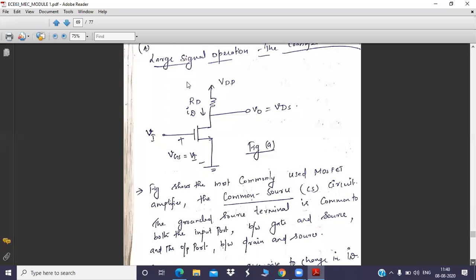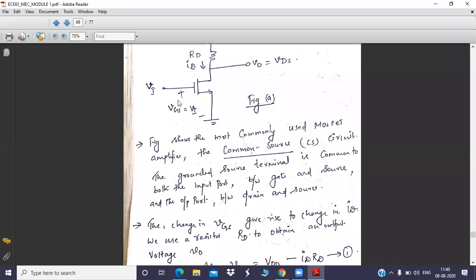So here, as you can see, this is a simple circuit where I have not shown any biasing circuit. The input signal is directly coming across the gate-source of this device. So you can write VGS is equal to Vi. Why? Because Vi is coming directly across the gate-source terminal of the MOSFET. In between, you don't have any resistance or capacitance. So this is a parallel network, and the signal to be amplified comes directly across the gate and source of the MOSFET.